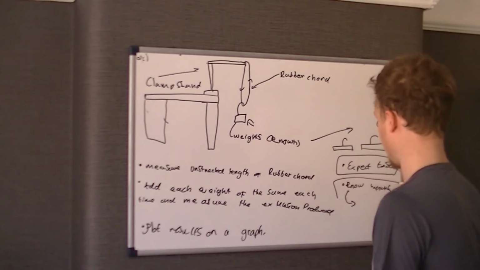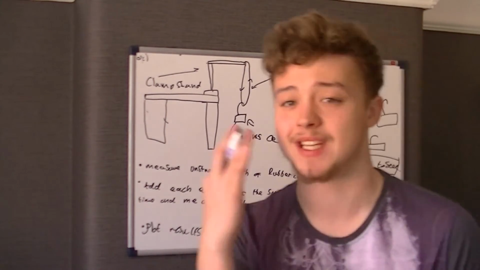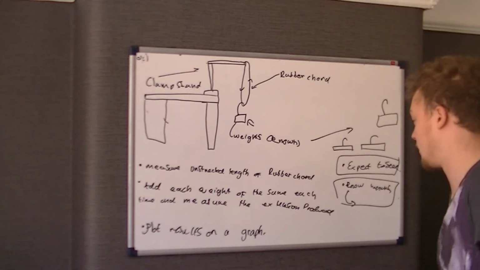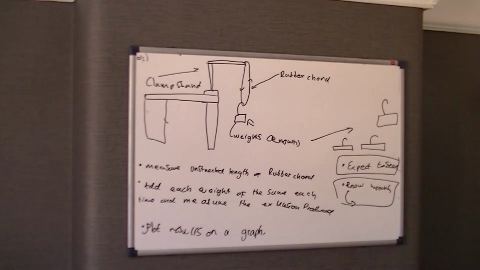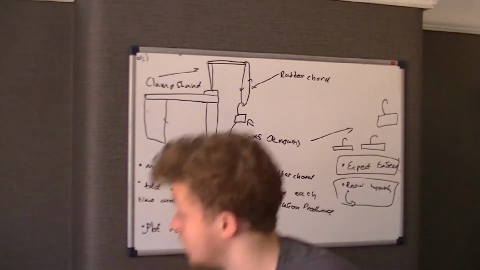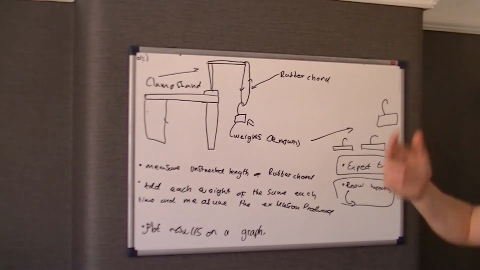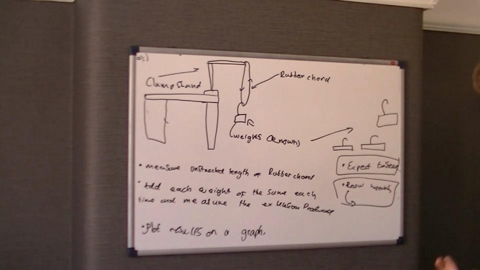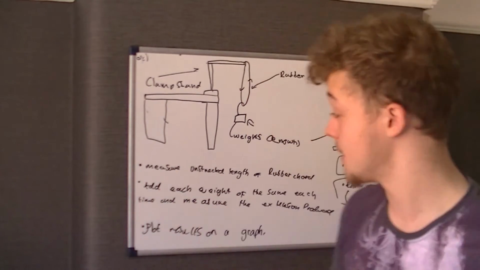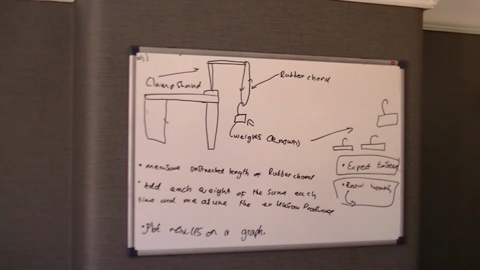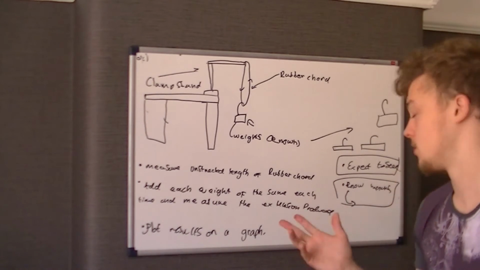I don't think we have to add that, but it's always nice, just as I said, to cover all bases, especially if you've got a bit of extra time in the exam. But really, the key things, as I said, you might have drawn this slightly differently, okay? In other words, you might have set up the experiment slightly differently, but the key principles apply. For any experiment in Hooke's law, you need to have some kind of stand,